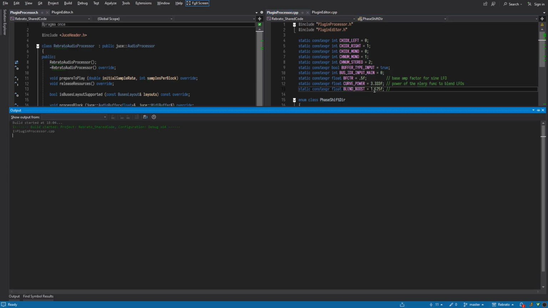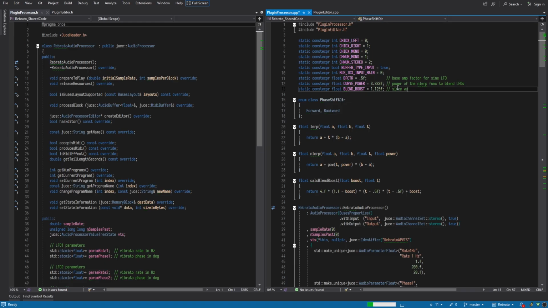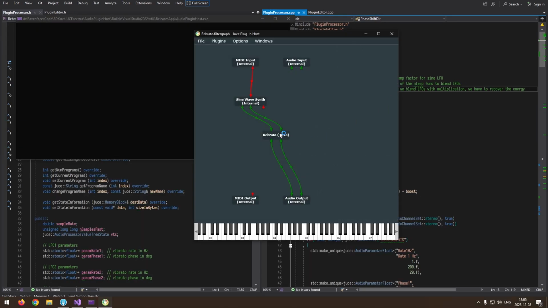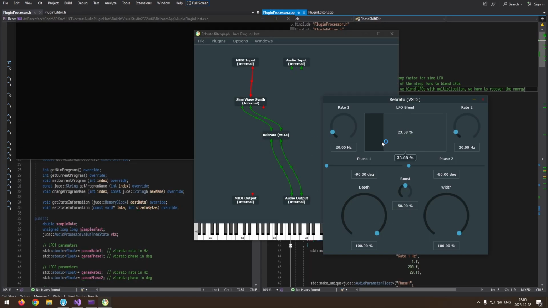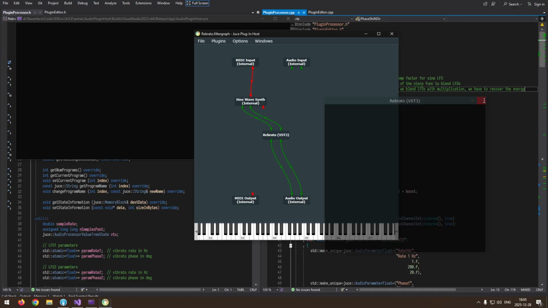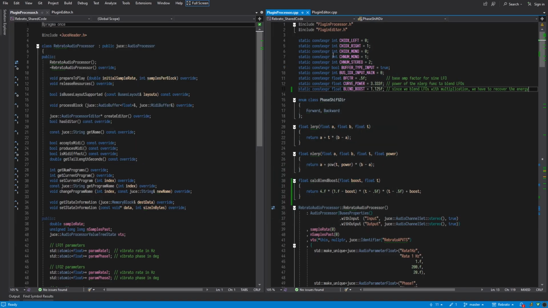Let's build it, and during the build I can add a comment that we have to recover the energy. There we go. It sounds more equal in volume. Let's check it out on the